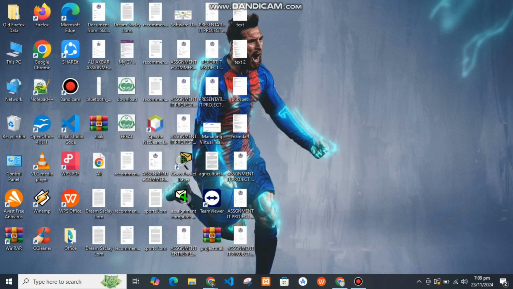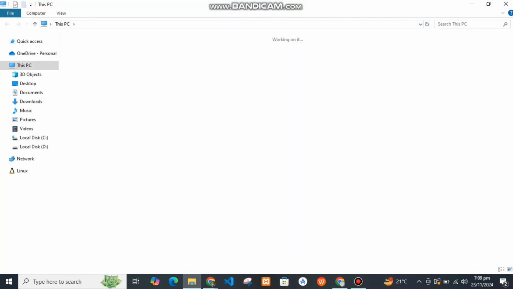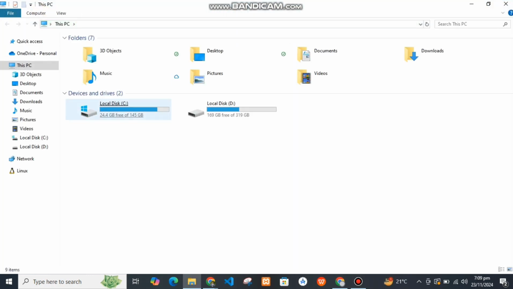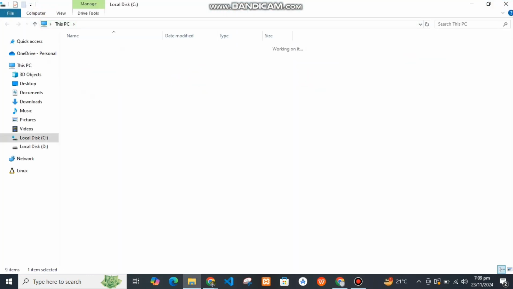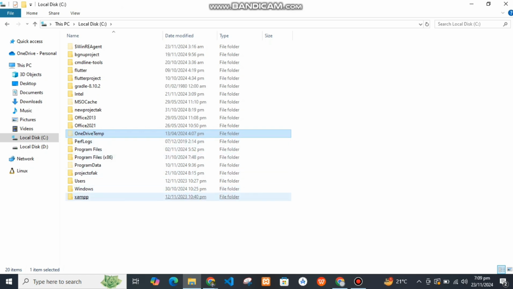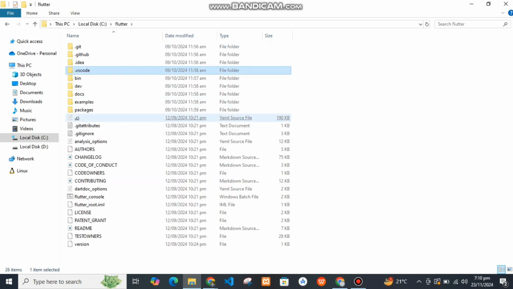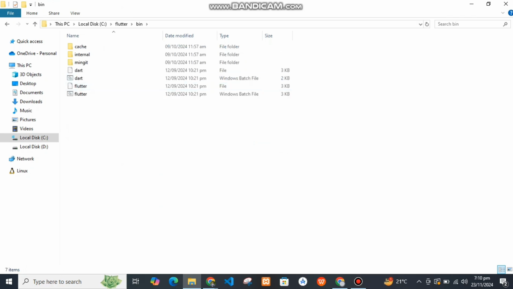Now open your PC, and click on local disk C, and you guys can see the folder Flutter, and click on it and go to the folder bin, and you have to copy the path of this folder. Just copy it and now